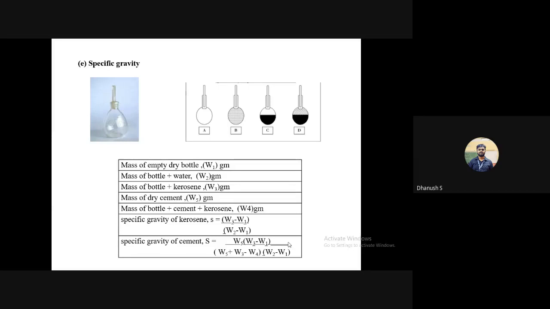So density is what? Weight by volume. So relative density is what? Weight by volume of one material divided by weight by volume of another material. Volume being the same, cancel out volume. You have the weight of one material by the weight of another material. But this, provided the volume being the same, is a key additional fact here. In fact, we use the definition that I just quoted to find out the specific gravity of a material.